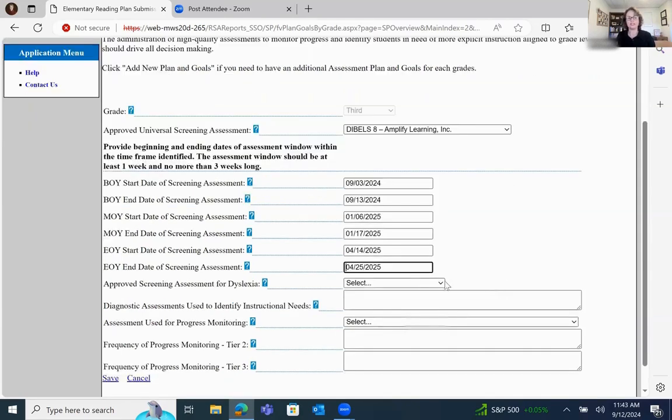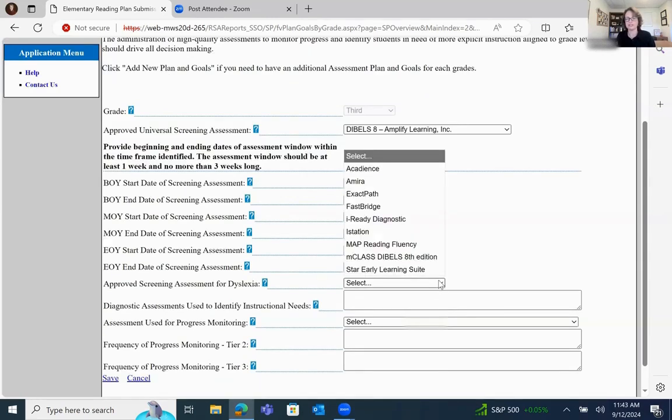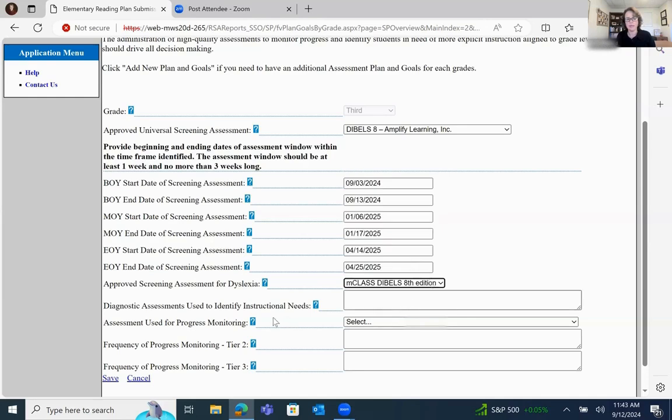The next question is, what assessment did you use for screening for the characteristics of dyslexia? And I used DIBELS. And then this is one of our new questions this year, and that is, what diagnostic assessment are you using to identify your students' needs? And at my sample school, I am using Literacy First testing.